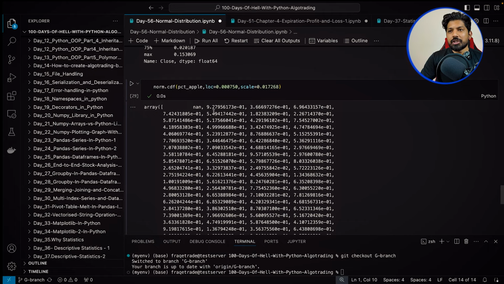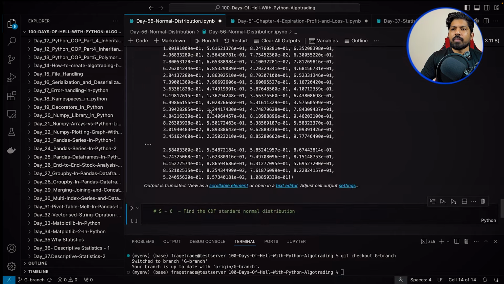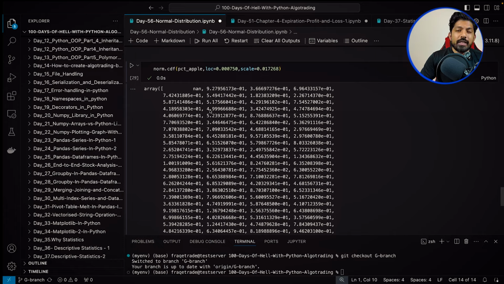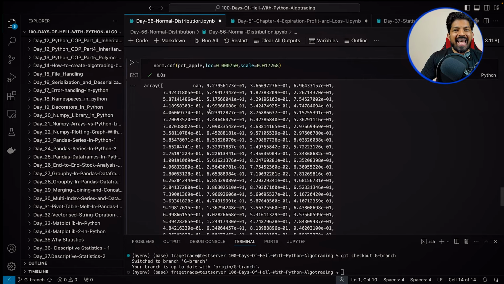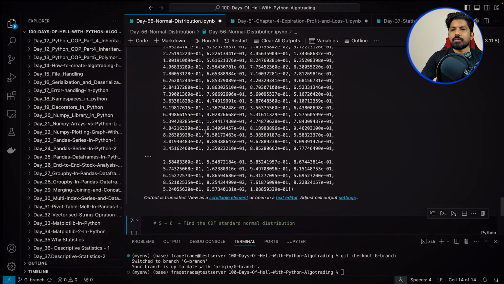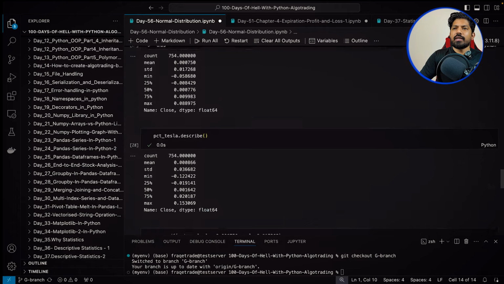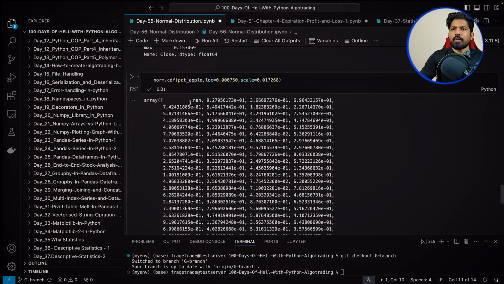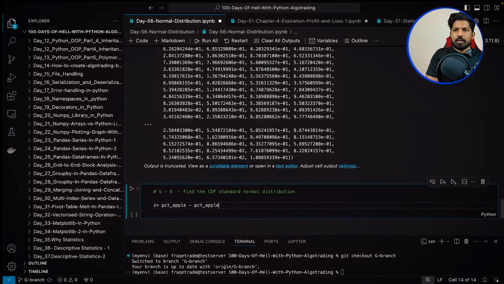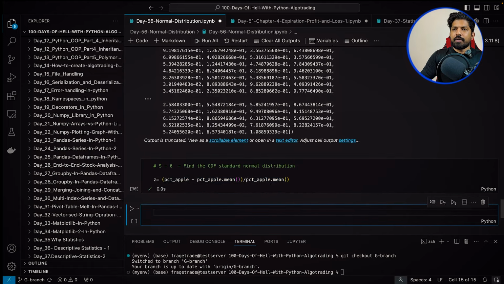We have the CDF of the normal distribution, which is, like you can see here, an array, right? And if we want, we can do the same with the standard normal distribution. And for that, we have to find the z-score. And we know that the formula for z is x minus mean over standard deviation. So let me write here z equals to x, and here x is the percentage change. So I'll write here PCT minus the mean of this. So I can write like this, and then the standard deviation of this. So yeah, this is z, and now I can simply pass in this norm.cdf and only z, and by